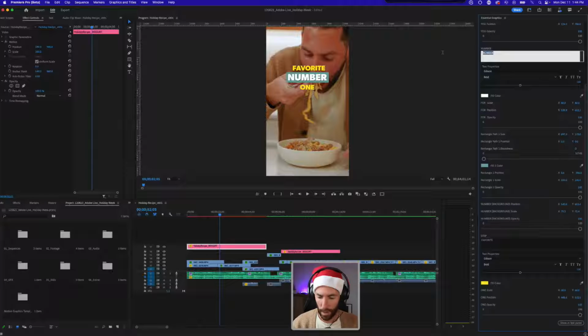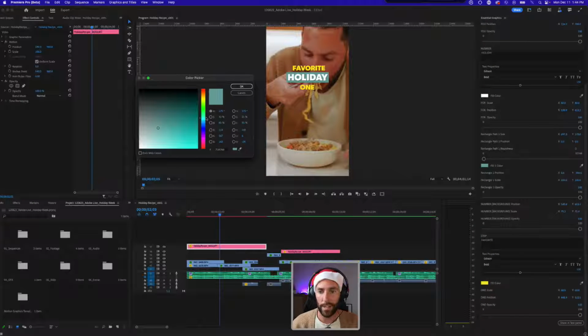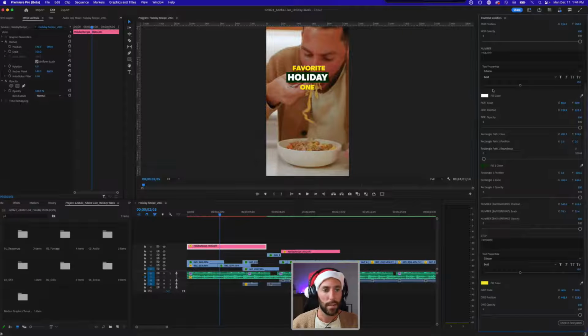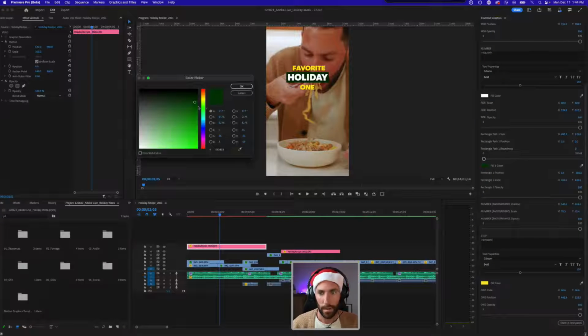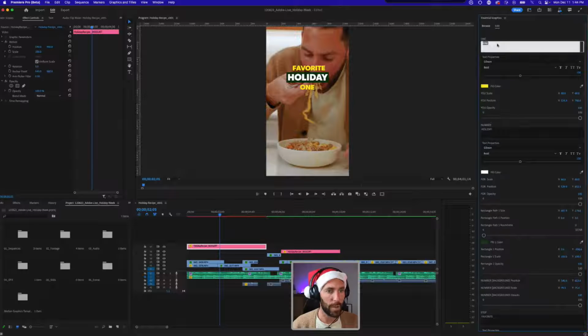For number, we're going to go holiday. And maybe we want this to actually be more like Christmas festive. So we're going to go to the fill color. Okay. And I'm going to take the fill color and just select a picker that's a little more like green. That's a little too dark. All right. Let's go maybe more like Christmas color. Okay. That's cool. And then favorite, holiday, and then one, we're going to go up here and change this to